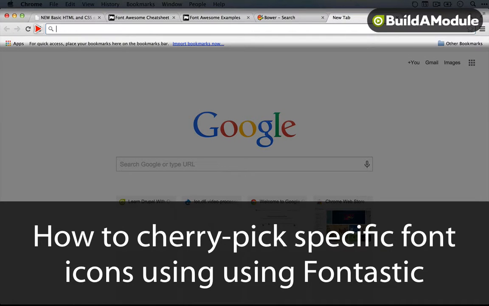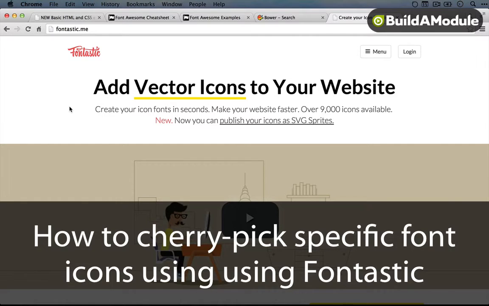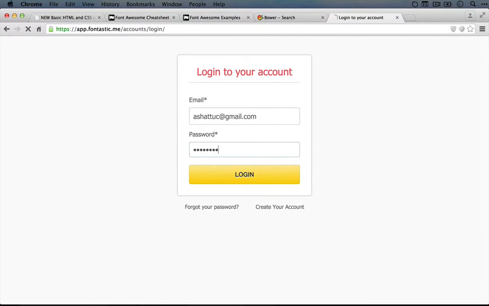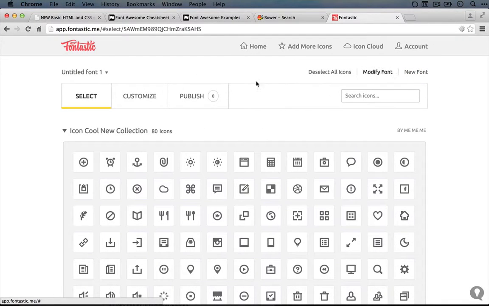So I'm going to do a search for Fontastic. I'll click on this, and you'll need to create an account in order to use this. I already have one, so I'll log in. And now what I'm going to do is select New Font up here in the upper right-hand corner, and I'll